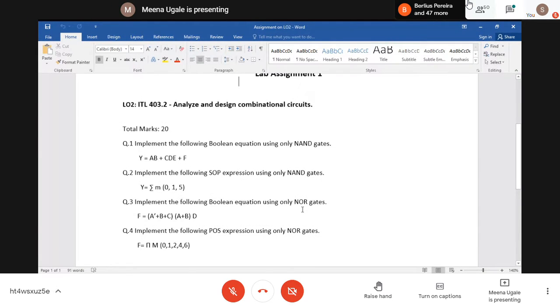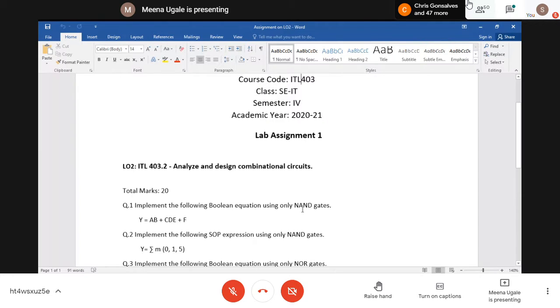So when you submit this assignment, please clearly write down lab assignment number 1 and this LO. Here it is clearly given. You just need to copy this LO as it is. I'm finding there are a few students in whose experiments, I don't know from where, number 8 is coming here. ITL 403.2. ITL 403 is the course code for MPL, microprocessor lab. Then point 1, point 2 is based on LO number 1, LO number 2. For some students, I'm finding somewhere number 8 is coming.